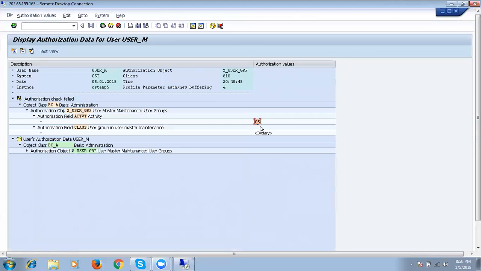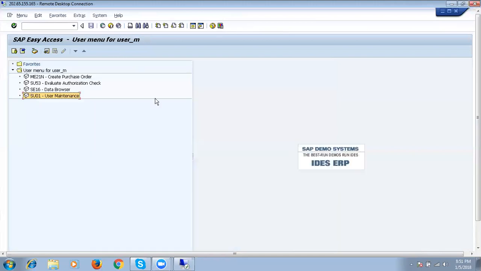But actually he missed 02 for change, 03 for display, 04 and 06 for deletion, and 05 for unlock. To find out all the missing authorizations, we have to take the user trace.